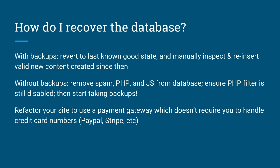If you don't have backups, then you need to inspect the copy of the database that you took and remove anything that looks like spam, and even more importantly, anything that looks like PHP, anything that looks like JavaScript. You want to make sure the PHP filter module, which fortunately isn't in core anymore in Drupal 8, is still disabled. And to the extent possible,